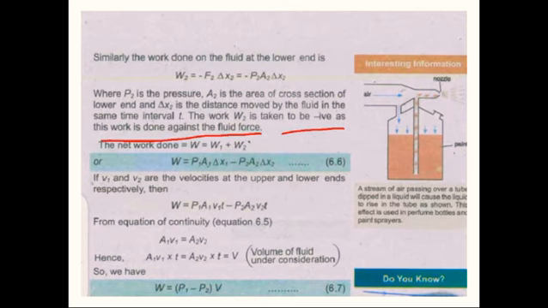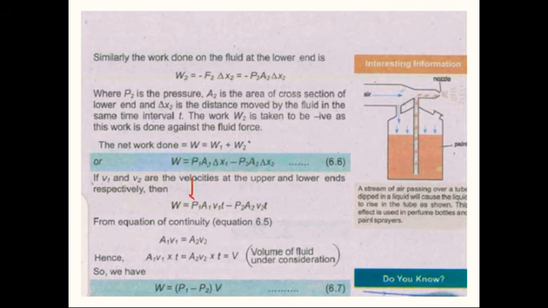So work done, in short, we will say that total work done is equal to W1 plus W2. By putting the values of W1 and W2, we will get W is equal to P1 A1 delta X1 minus P2 A2 delta X2, as V1 and V2 are the velocities of the upper and lower end respectively. So work done can be written as